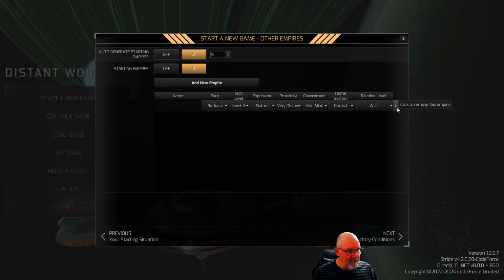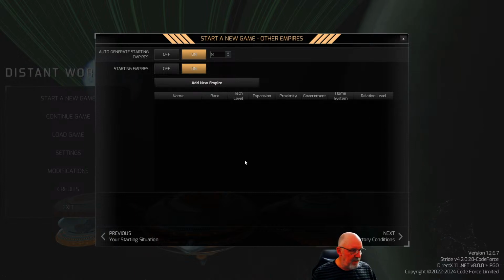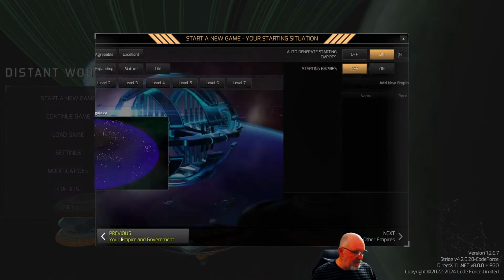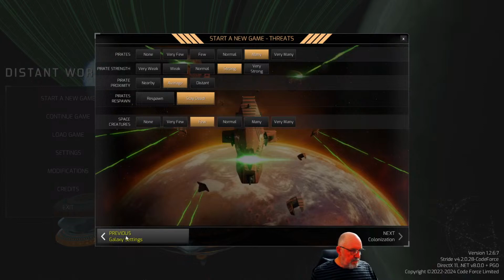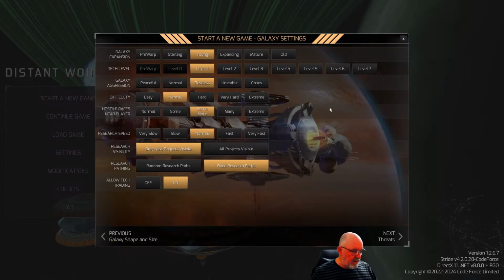But having that previous one, I'll leave it off. I won't do that one. If we go back to the difficulty settings, if we play as humans, we're likely to end up with some of the insectoid races near us by having that one there. That's going to be the biggest of the...